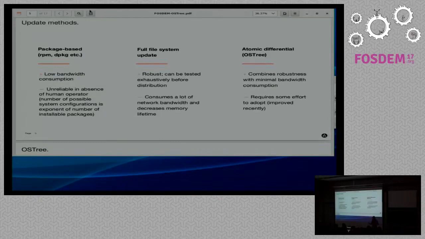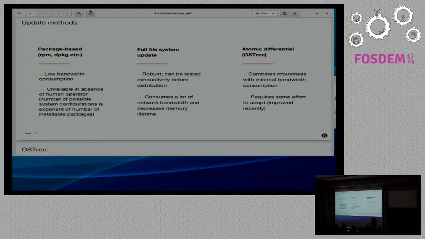We can test it exhaustively in our development process and deliver to our client what is definitely working. But it also means that we have to download the whole file system image, which can be hundreds of megabytes, and our bandwidth is slow, unreliable, and our customer is going to pay for it, and he wouldn't be happy